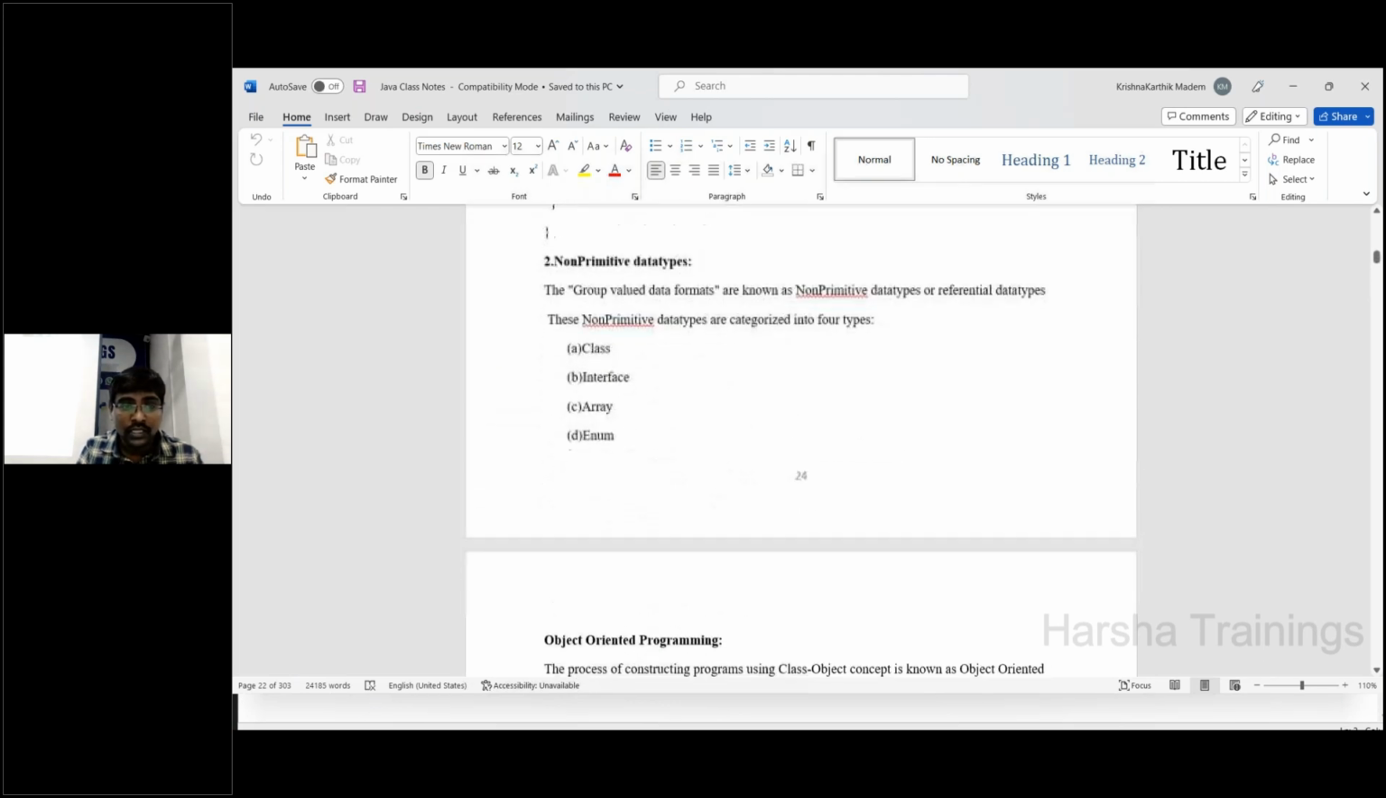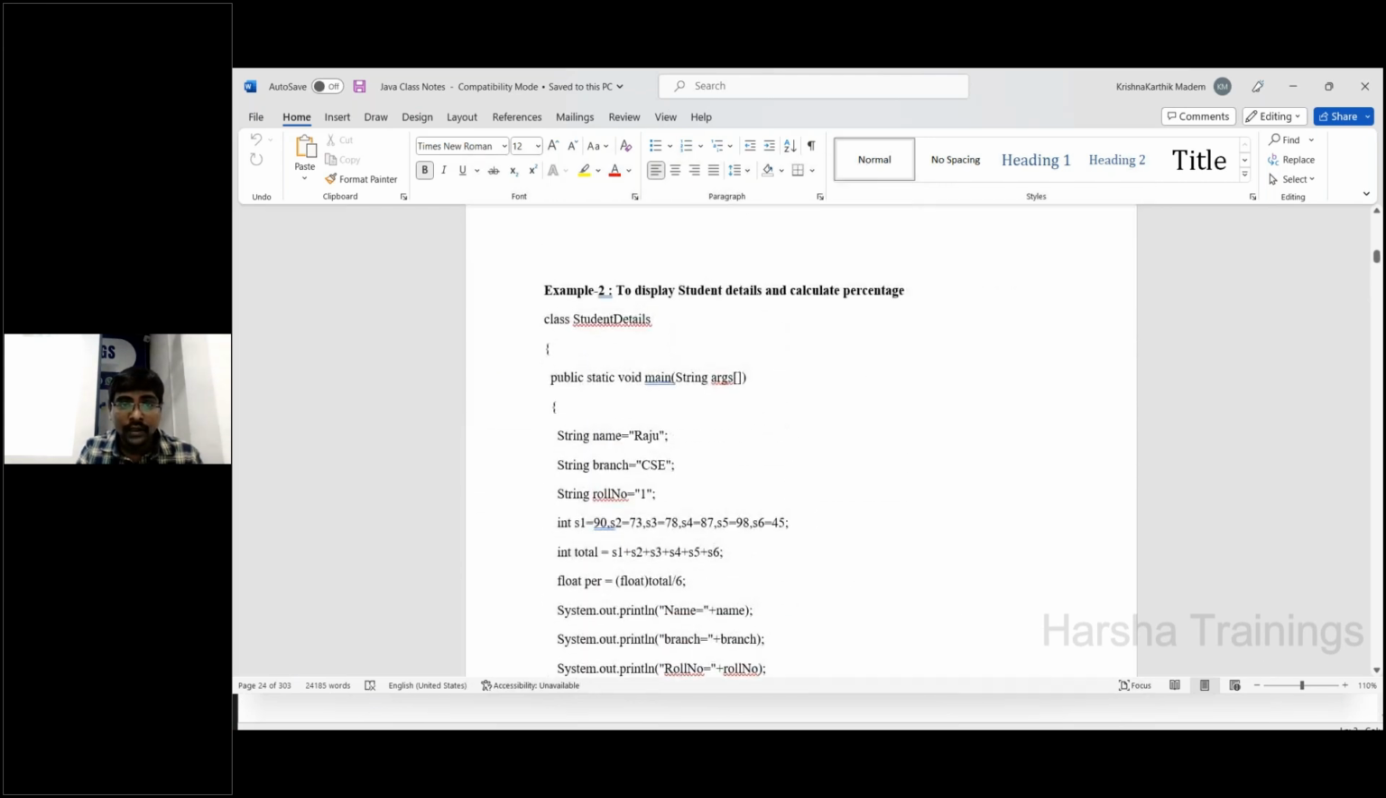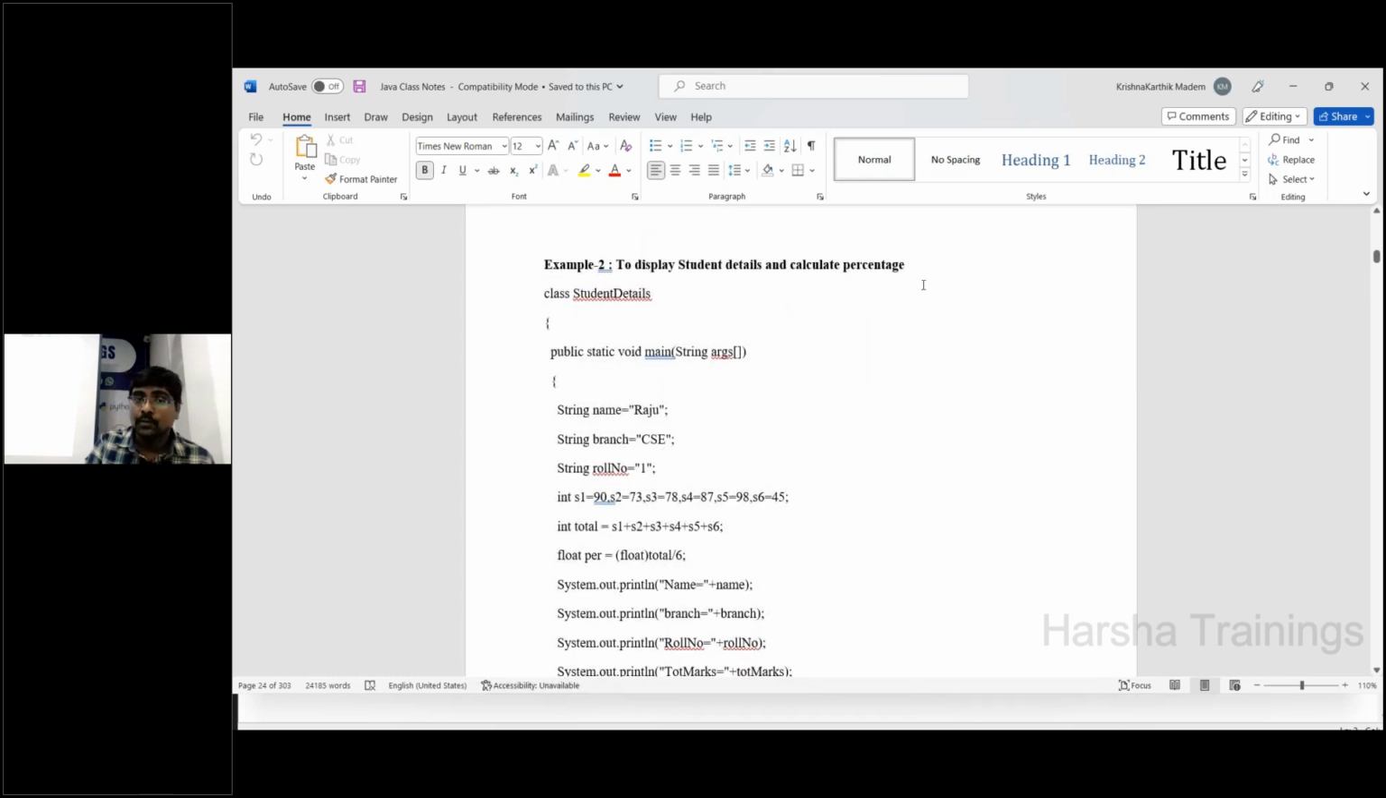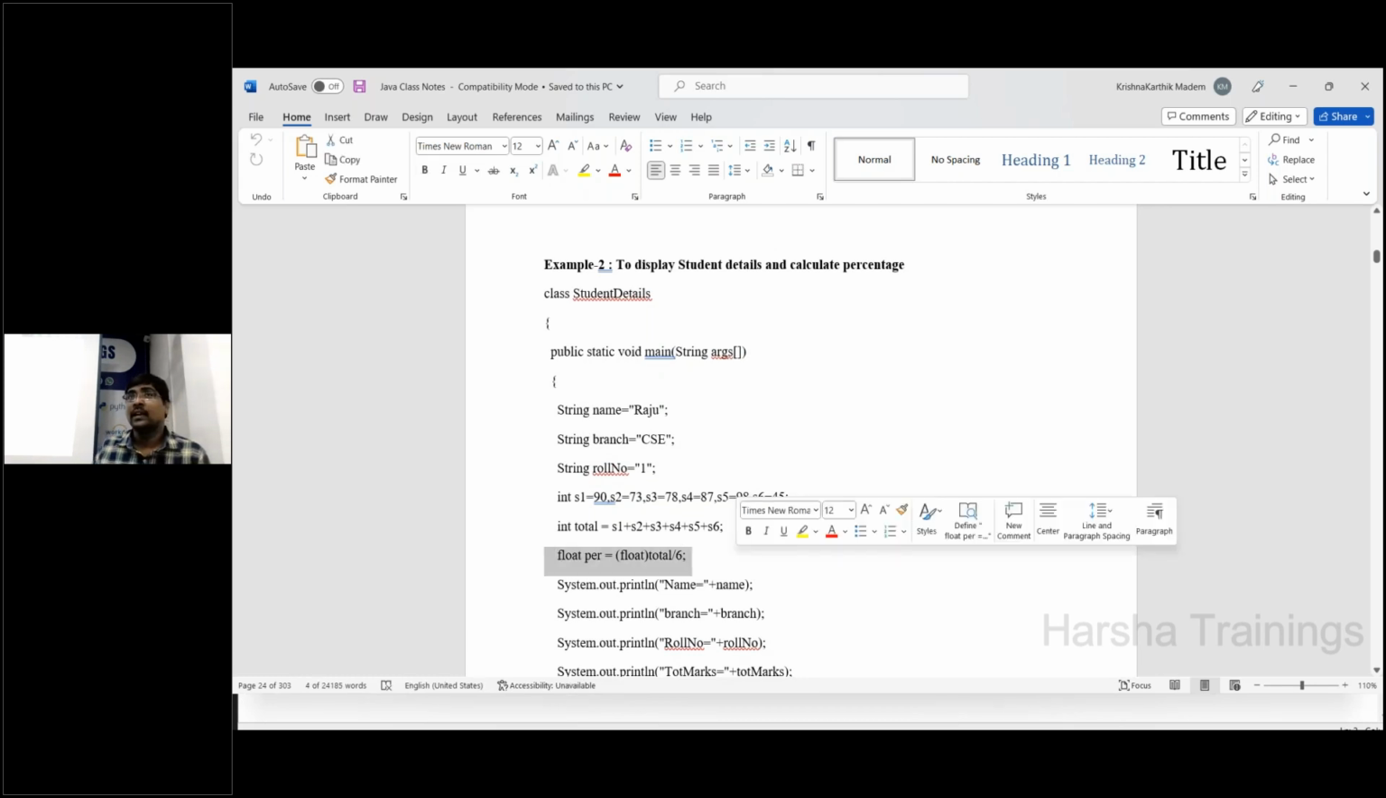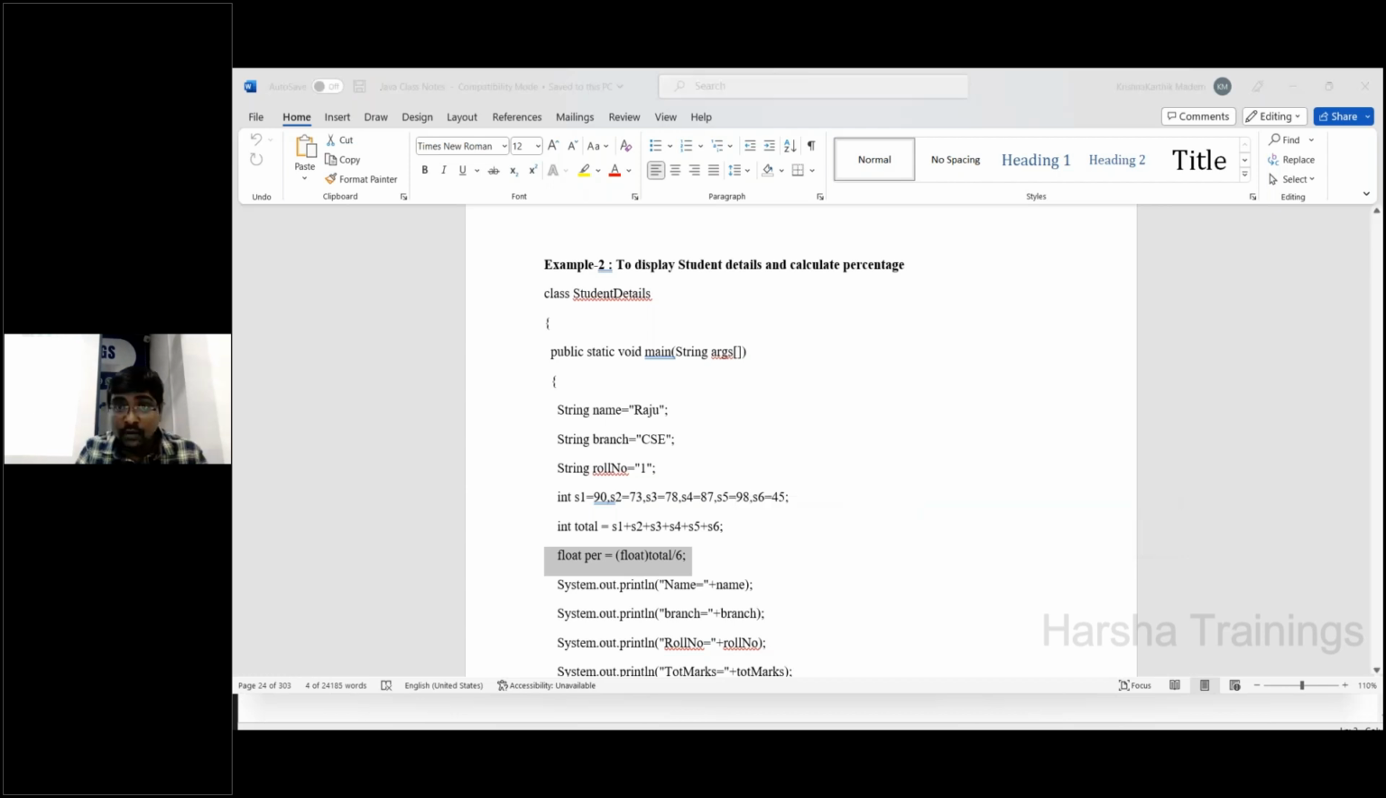Now, one sample program. Here, you completed this program, student details and percentage. Same program, simple program. Here, apply this one. At the time of calculating average, actually what we are doing is total by 6. But not a problem. Suppose